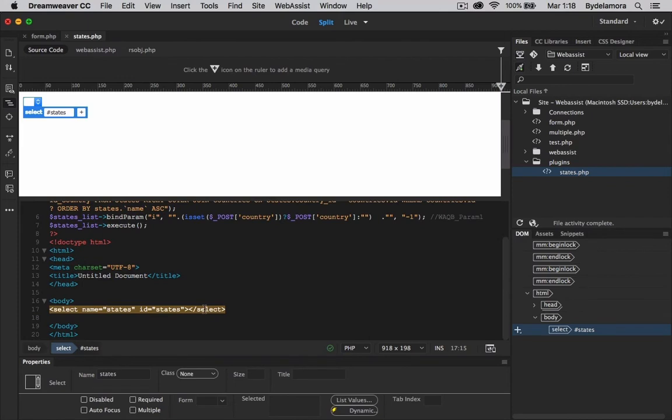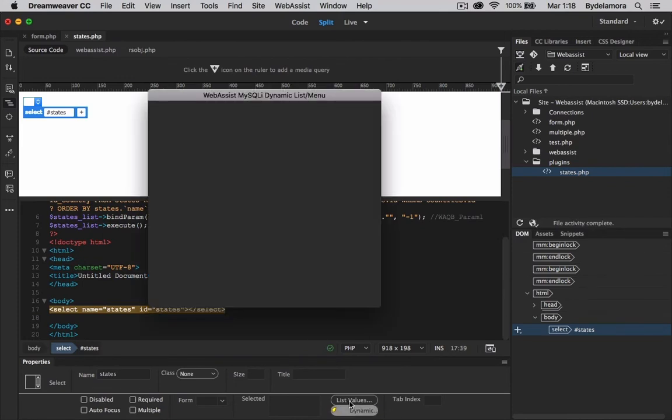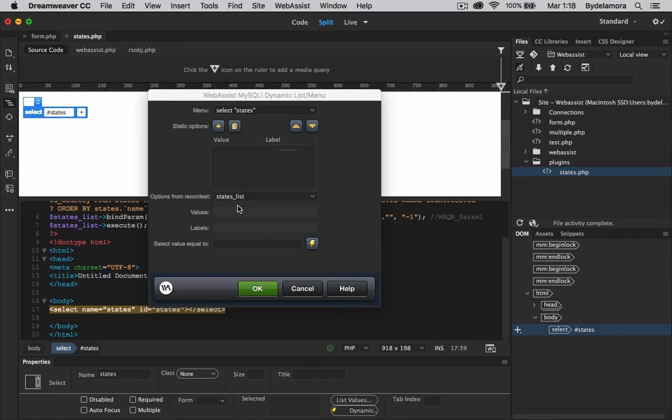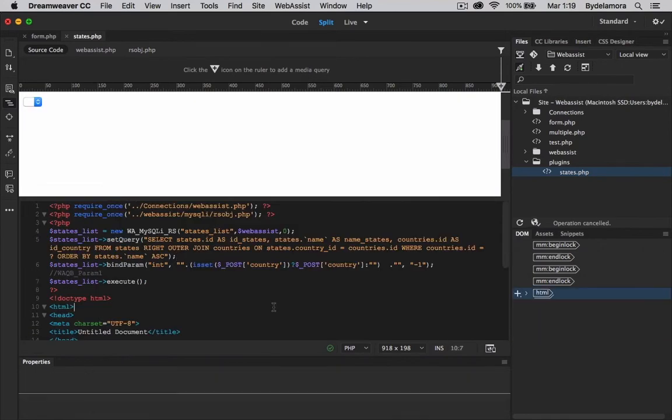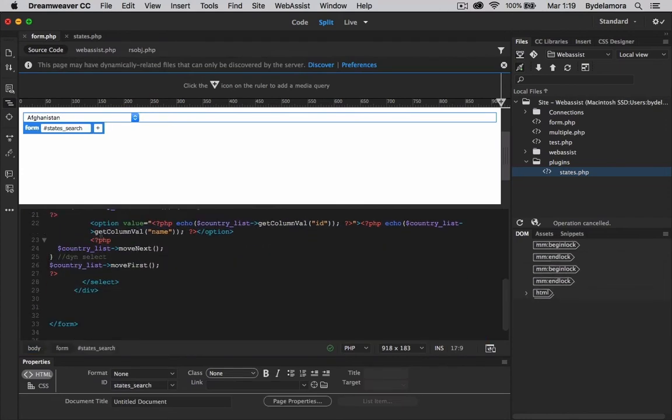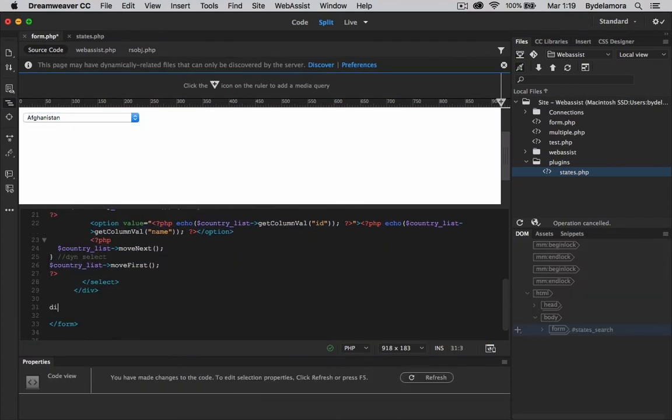Finally, we apply the dynamics to this select. ID states, label as name states. So from here we finish with our states file. Return to our form file, and we are going to create a new div below. We're going to apply an ID as states box,